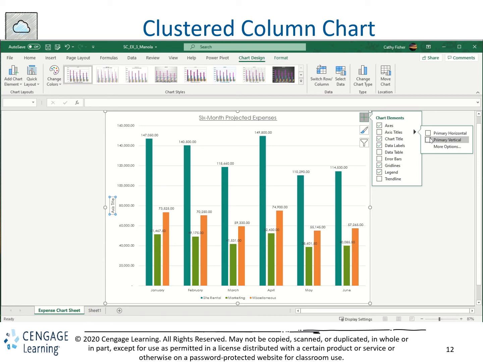So we're going to choose the primary vertical, and then we would just type what we wanted it to say. Okay, so we've left that. And what are we calling it? I don't even see what we're calling it. Oh, we're just putting a dollar sign in there, and then we're going to change it so that it is a different way. So we're going to select this axis title,